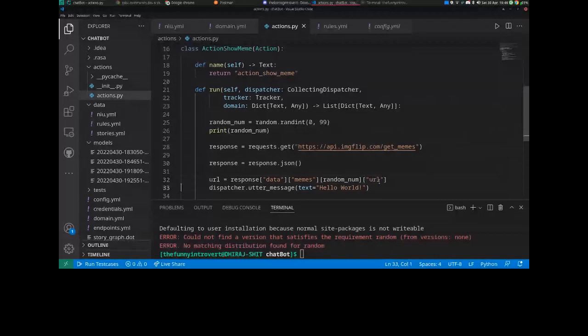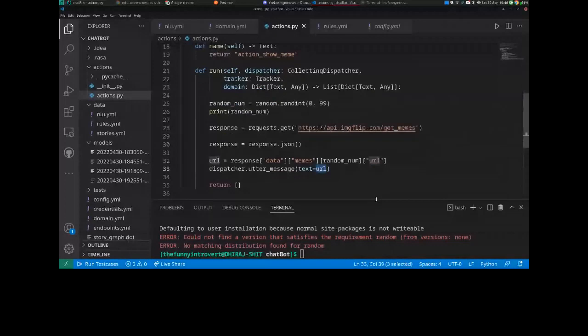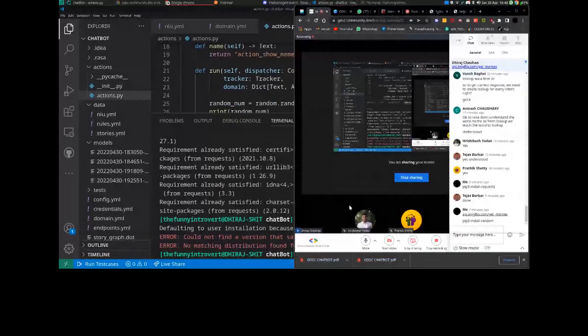Whenever a person asks, we will show them a meme. Now, hopefully there will be no error, but there is another thing to explain. Let me come here, in my journal, and draw. You can think of this as our NLP of Rasa. My handwriting is too bad, but just think this is the NLP of Rasa. Okay, it's too big.